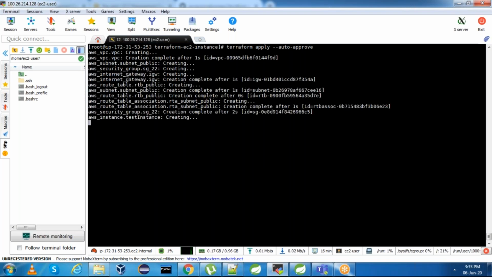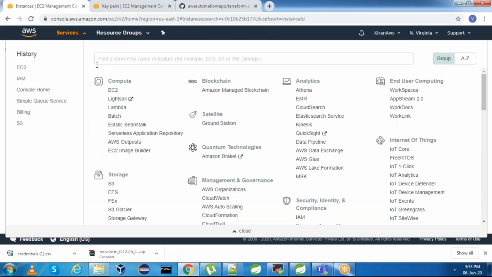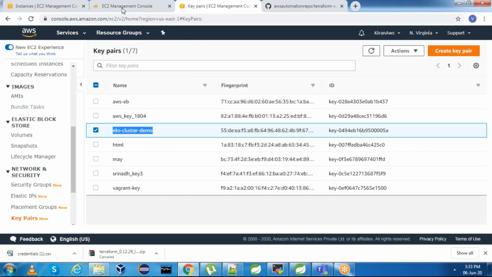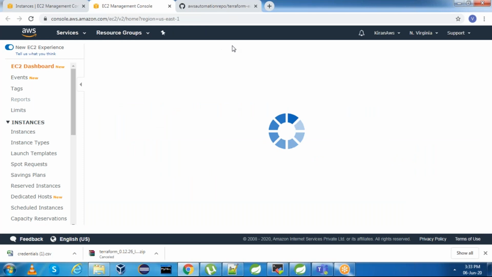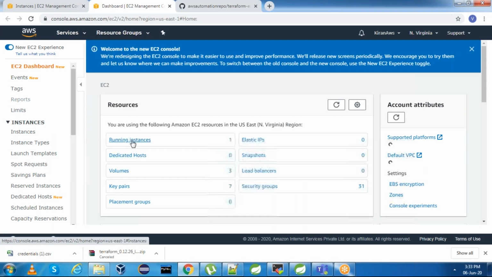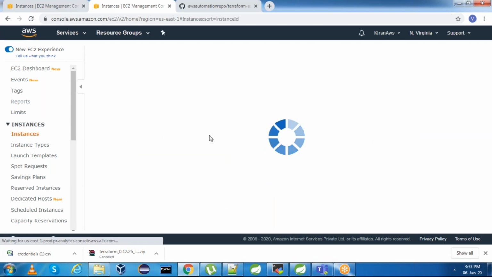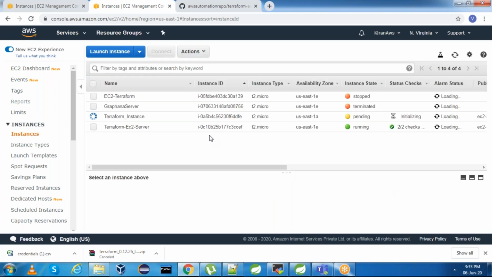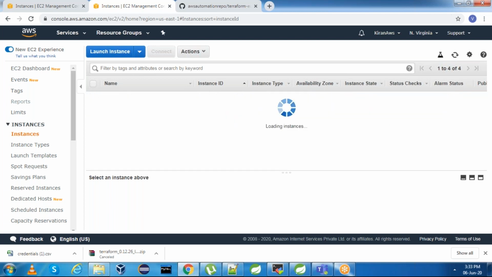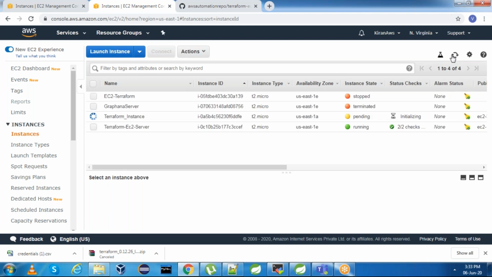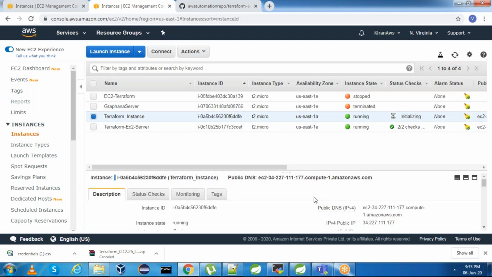Now see, it is creating all the infrastructure and we can see in AWS a new instance being created. See, now one instance is coming. This is the Terraform instance. I can select the Terraform instance.